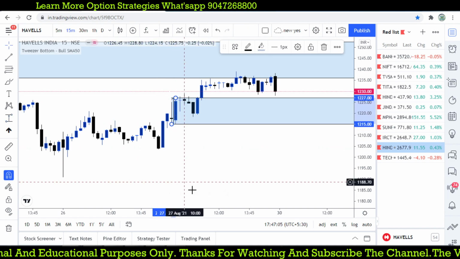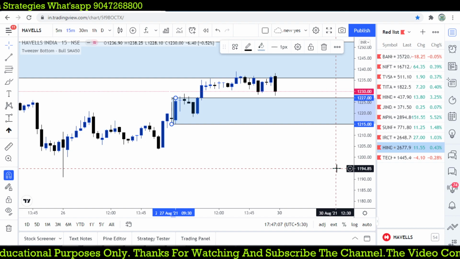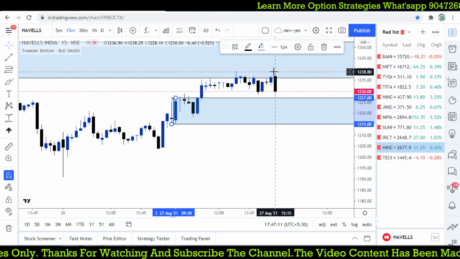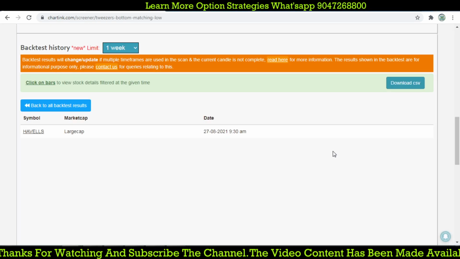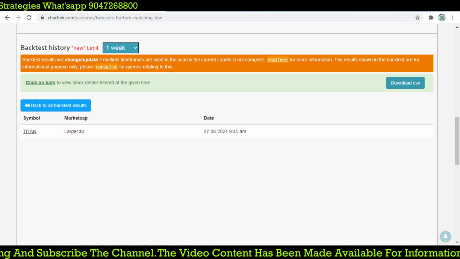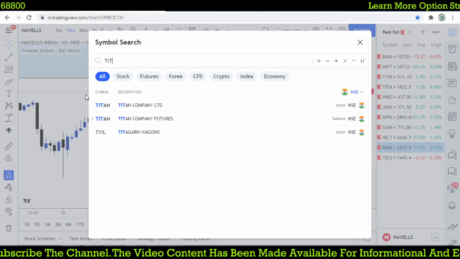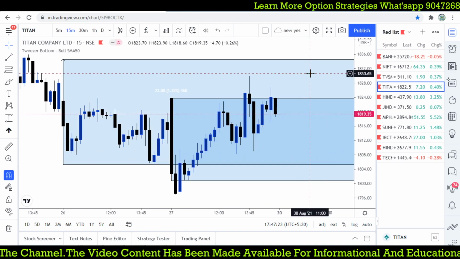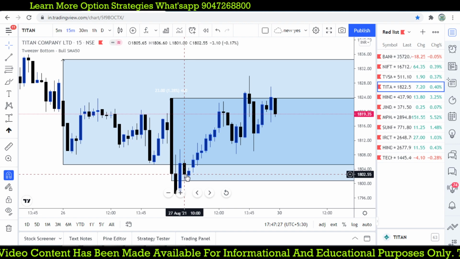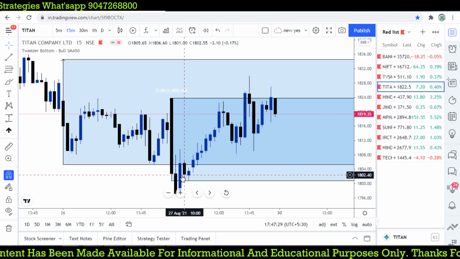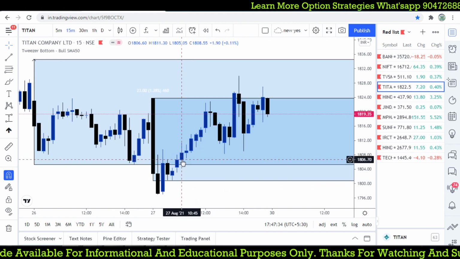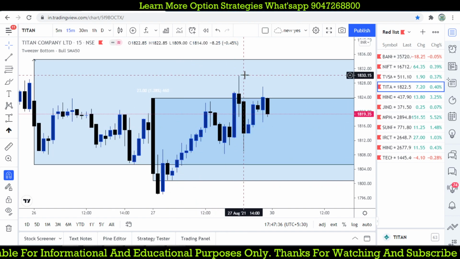Almost 12 rupees is the stop loss. From 1227 it went up to 1238, almost 12 rupees. It gives you such a profit. That is one stock which forms on the 15 minute time frame. And the second one is Titan, which we checked as today's trade, and it is moving up. Titan forms this at, I think, 3801 and 3800, both are the same. From there the opportunity is 3806, and it moves towards 3830.